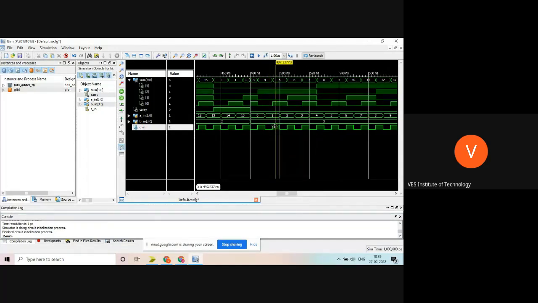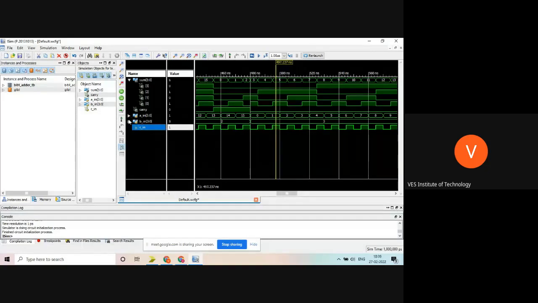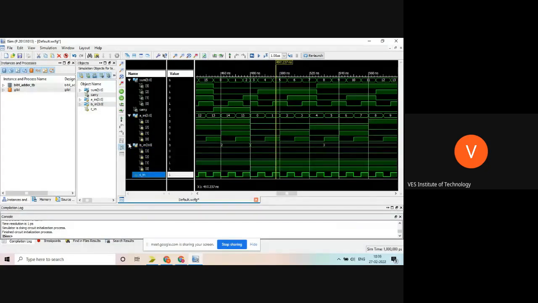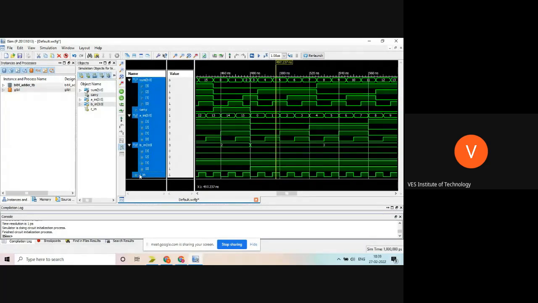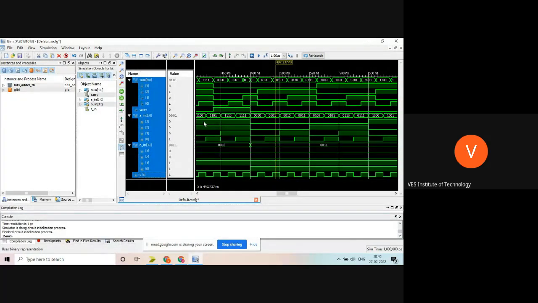Then 1 plus 3 plus 1 is 5. So in that way you can test. Or there is another way, you can turn all these on and you will be able to check it. There are many constructs in Verilog which will help you find out how to test the internal signals if anything goes wrong.